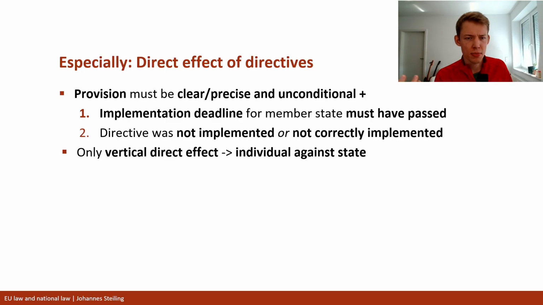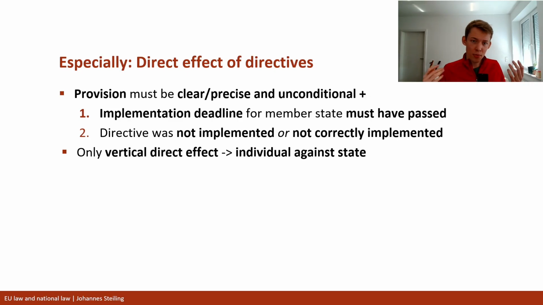For example, this makes a lot of sense. Like, let's say that, for example, a directive says that the state has to pay me 1,000 euros a month to go to university. Like, every student needs to receive 1,000 euros a month. And states have 2 years to implement this directive. Well, now the state doesn't really want to implement because it will cost a lot of money. So they might say, well, then the commission has to sue me. It all takes a lot of time. We will just not implement.